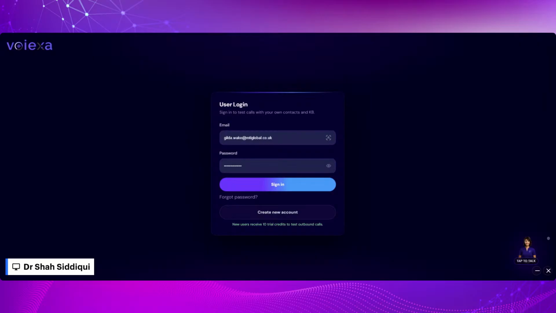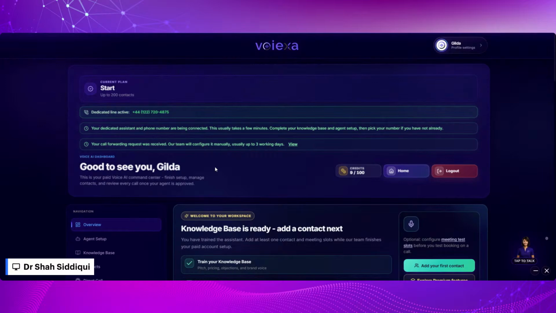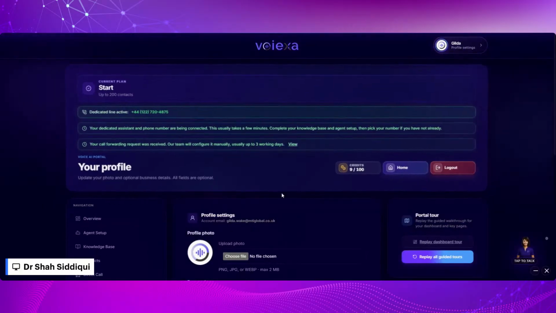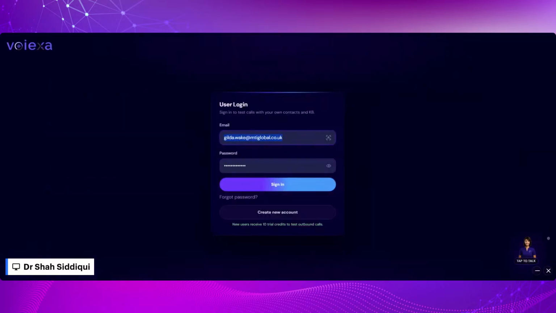I'm just going to log into one of our clients' accounts that we demonstrated today. She started as a partner, and we're going to be working together to attract more customers and support more businesses together. When someone is registering with Voiexa, you will see this panel, and the trial panel is different than the corporate panel. So I will go to the trial panel first to describe what you will get on a trial.